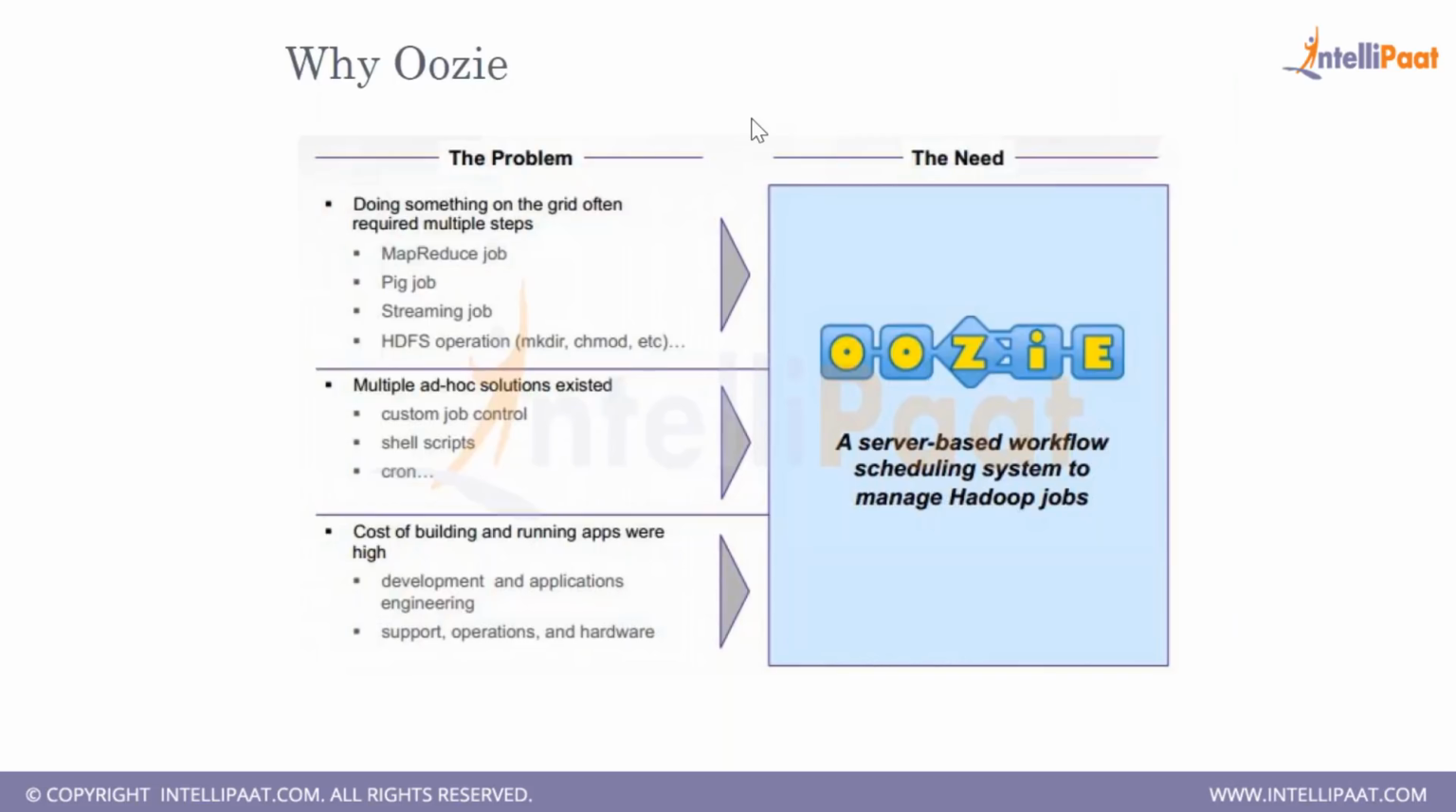Or you can say, hey, I have a job and this job has to finish and then another job has to start. So you can create a chain of jobs, where one job finishes, then another job starts, and so on and so forth. So basically these two things are possible with Oozie, but in fact, Oozie is mostly a tool